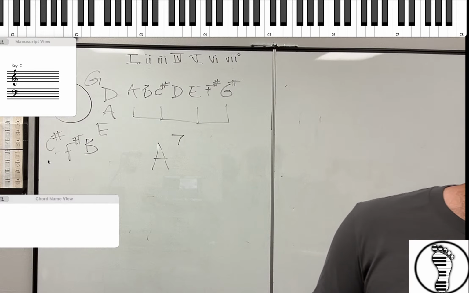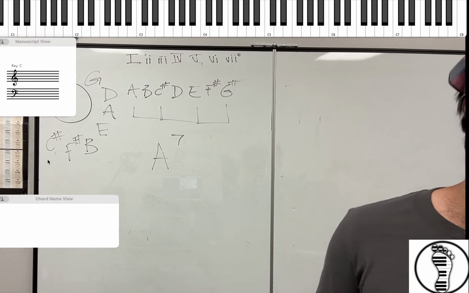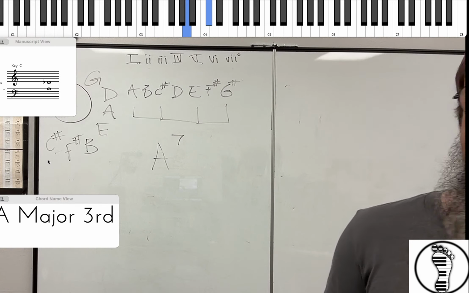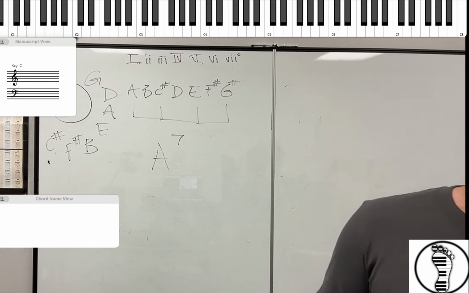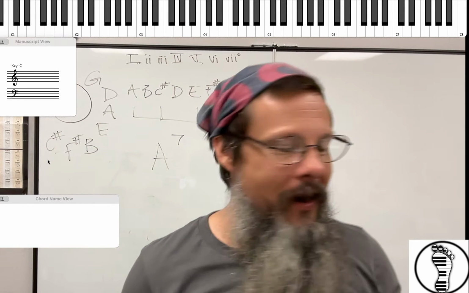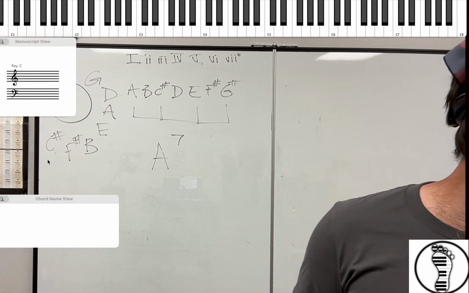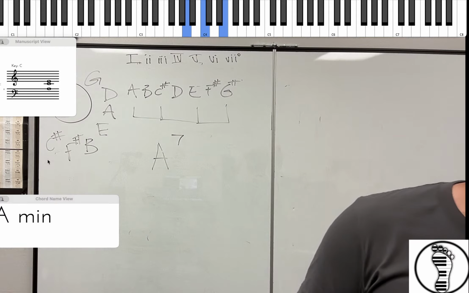Well, then that changes the distance between these two notes. C to E is a major third. So the chord construction of an A minor relies on us knowing that it is not a major third and a minor third. It is, in fact, a minor third and then flippity floppity floop, major third. That happens with everything. So with the diminished, we flatten that third. And you can see how flattening a note or diminishing it gives us